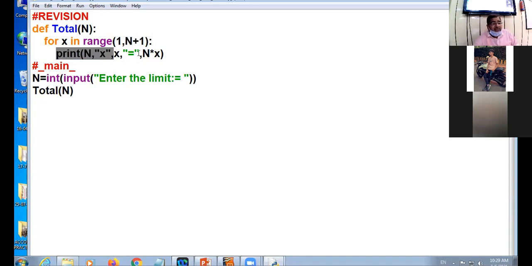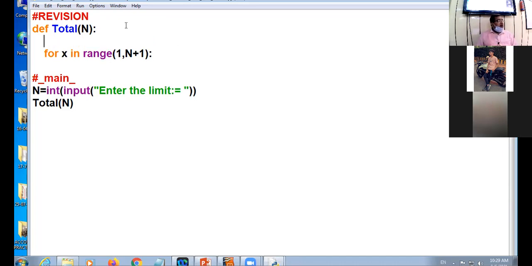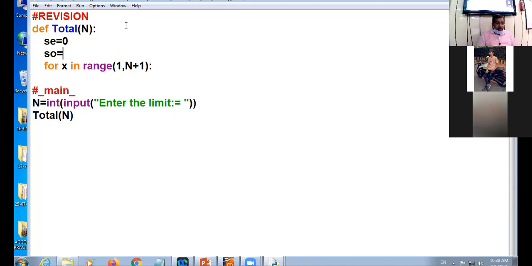Now I have to find sum of even and odd. So for that I need to create two variables for calculating the sum and initializing them with 0. SE, sum of even 0, sum of odd 0.